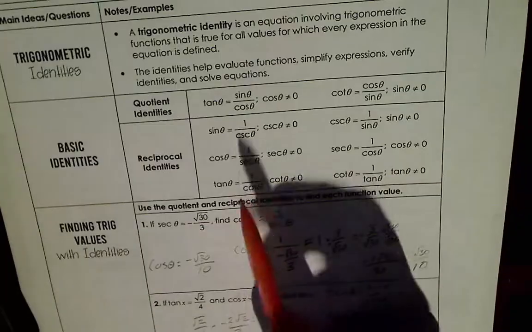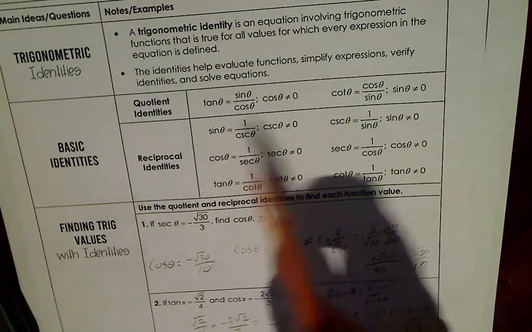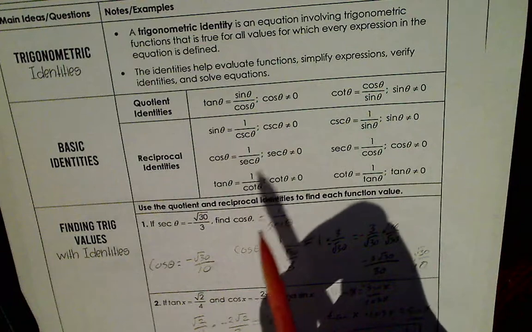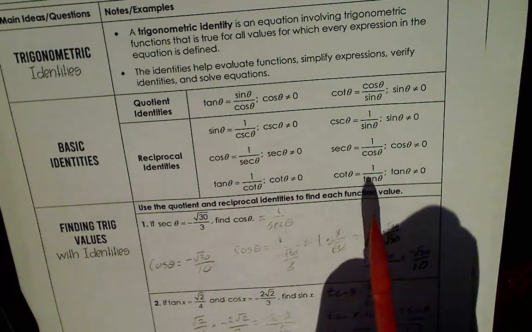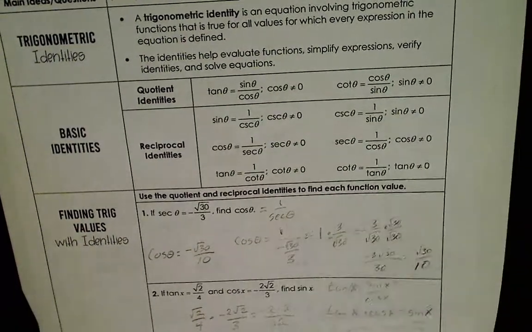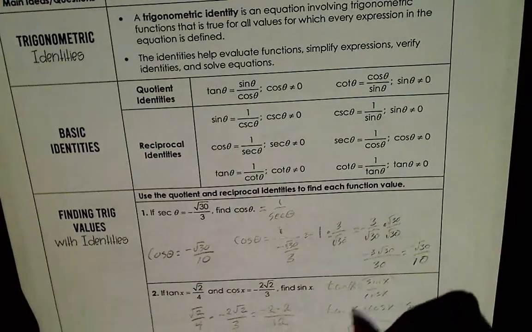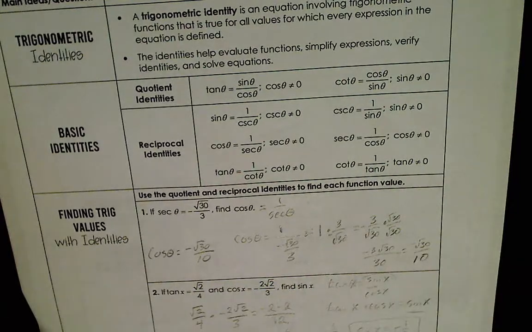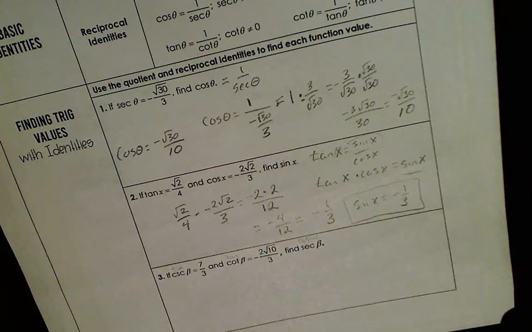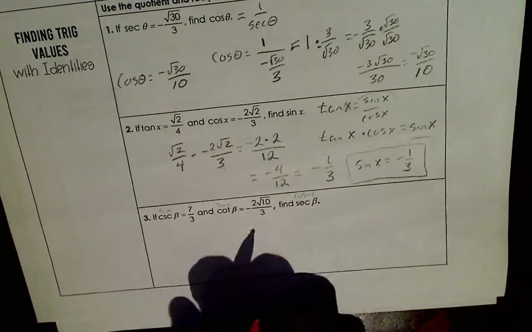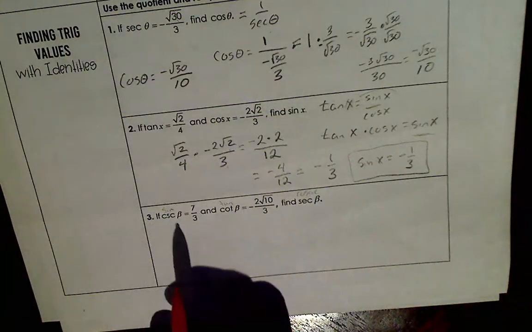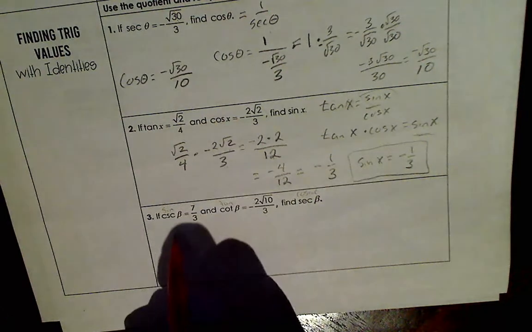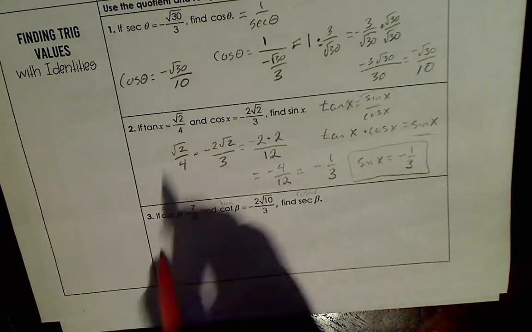But I also know this, because cosecant and sine are reciprocals of each other, and cotangent and tangent are reciprocals of each other, then I can work this a little bit to the fact that secant is the reciprocal of cosine also, right here. And that's actually how I'm going to work this. I think that was the easiest path I found when going through this. So I'm going to do a little bit of work here. But I do know that cosecant and sine